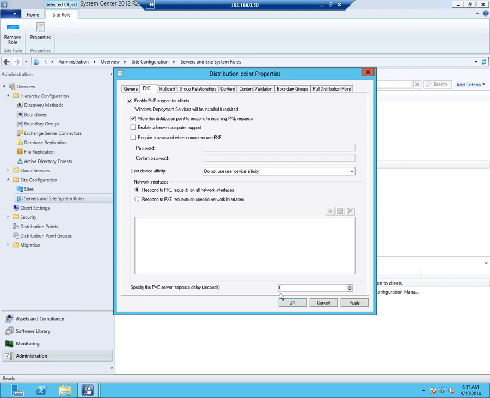But this allows you to basically say, I'm going to wait. Or it could be that you have multiple PXE servers and you want the one primary one to respond first, and then these are backups, right? So you have them kind of staggered out, even within the ConfigMgr environment. One of them responds first and the others are kind of fail-safe or whatever, right? There are multiple examples for that, but that's what that is for, right? Okay. So